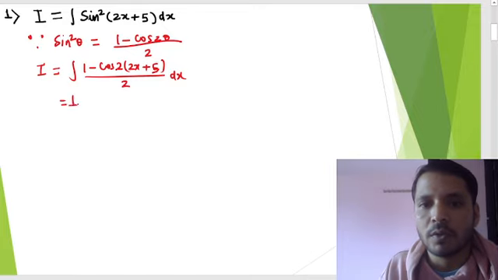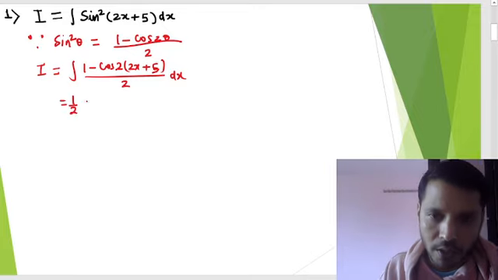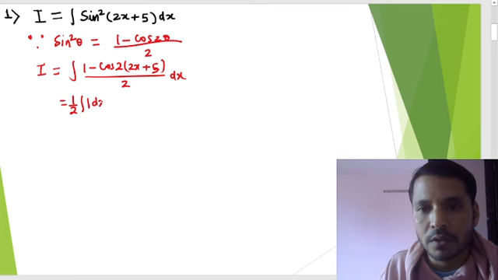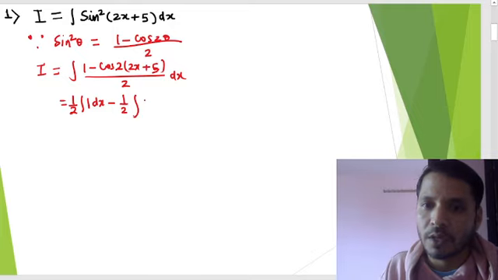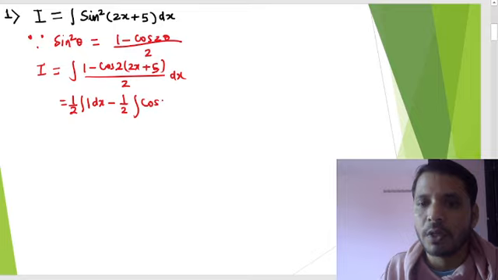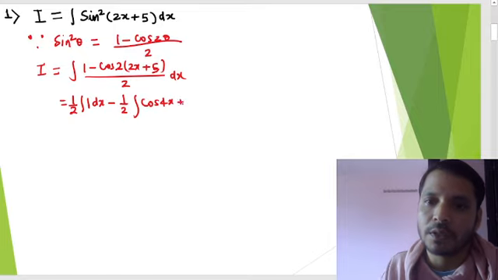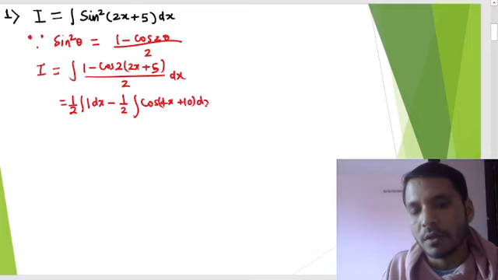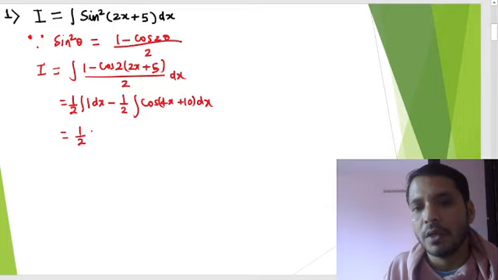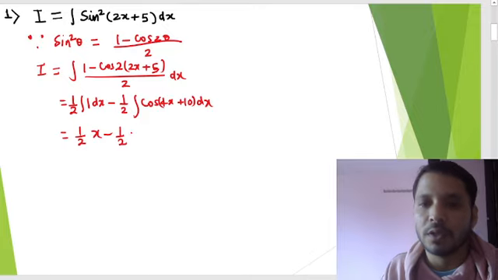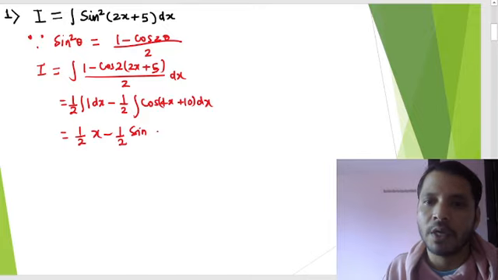This 1/2 will be outside, and here we can write the integral of 1 dx, and then again 1/2, and separately we can integrate this cos, which becomes cos(4x + 10) dx. So what is the answer of the first part? It will become 1 into x, minus 1/2. The integration of cos is sine, so sine into